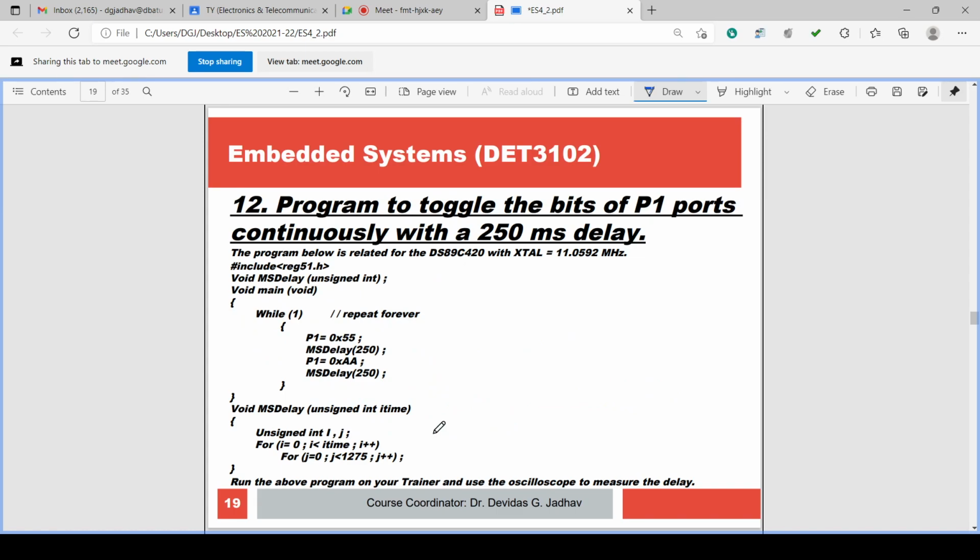Now a program to toggle all the bits of P1, the complete P1 port. Toggling is there continuously with a 250 millisecond delay. For 250 milliseconds, the program below is related to DS89C420, DS89C420 with crystal 11.0592 megahertz. So what we have done is we have simulated this program, and before simulating this we